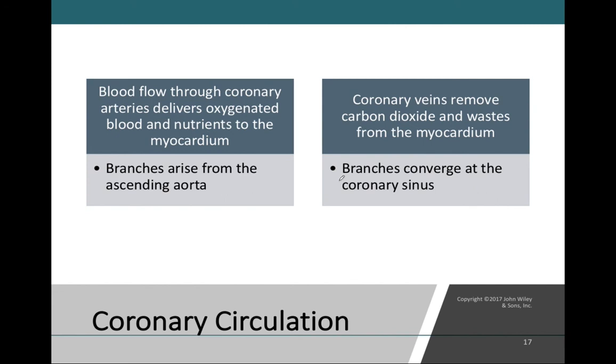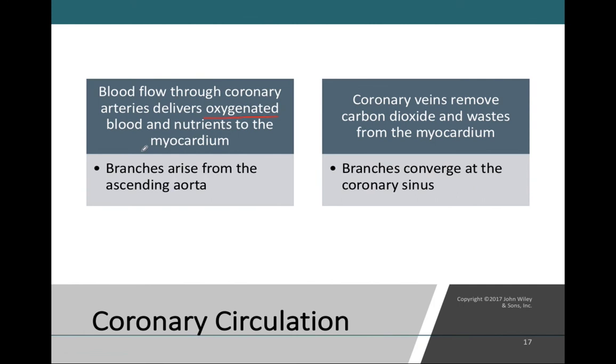Now, there was one discrepancy with the systemic and the pulmonary arteries, and that's that the systemic arteries carry oxygenated blood and the pulmonary arteries carry deoxygenated blood. The pulmonary circulation is a bit unique in that manner. However, the coronary circulation is going to reflect our systemic circulation in that the coronary arteries are taking oxygenated blood